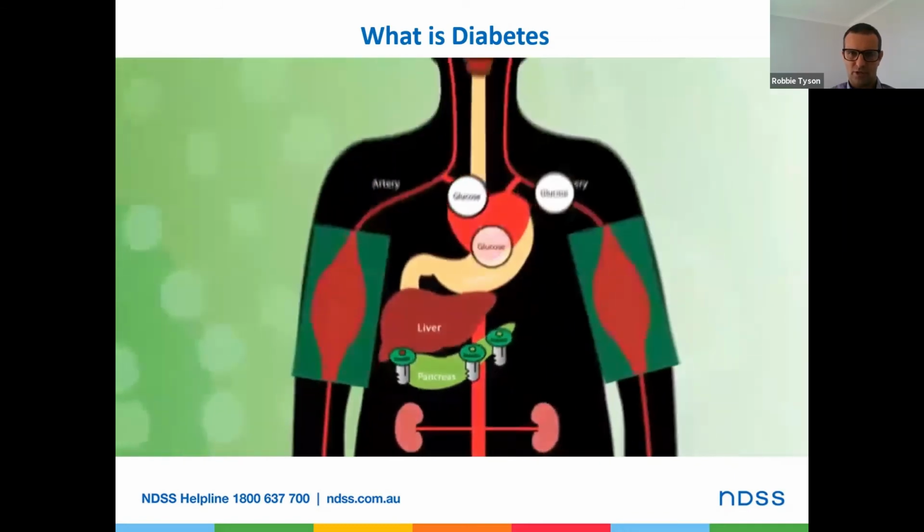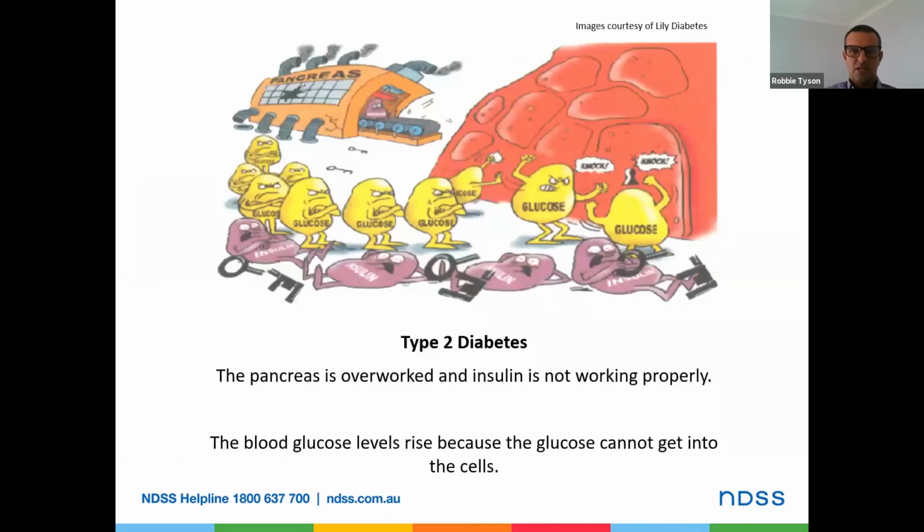Pancreas there showing that that's where the insulin is secreted. And as we said, there is a decrease in the amount of insulin secreted from the pancreas for someone living with diabetes. So more on that now. If we can see this little diagram here showing the glucose all lining up to get into the cell doors. They're knocking on the door. However,